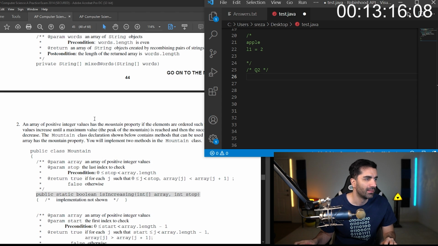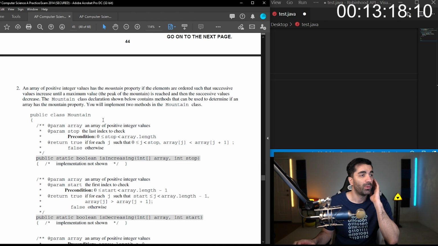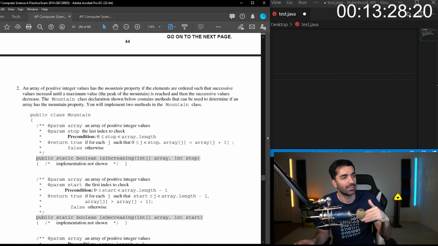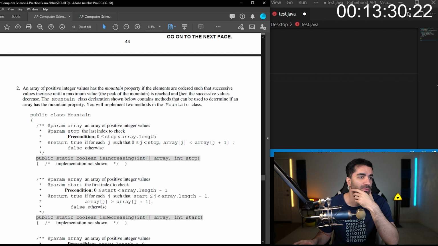That's not bad. So an array of positive integer values has the mountain property if the elements are ordered such that successive values increase until a maximum value, the peak of the mountain, is reached, and then successive values decrease. The mountain class declaration shown below contains the methods that can be used to determine if an array has the mountain property.